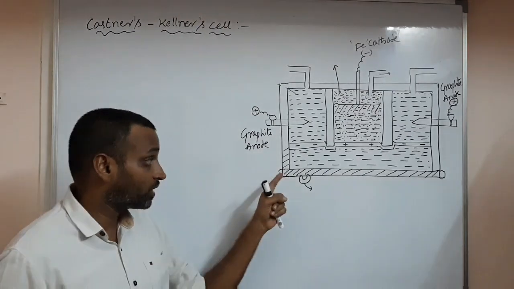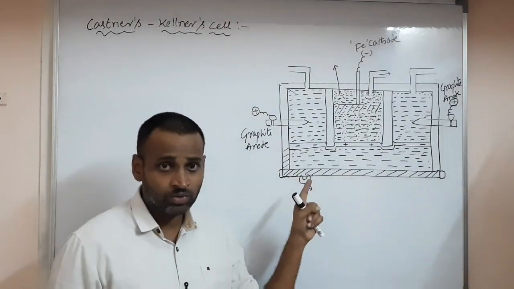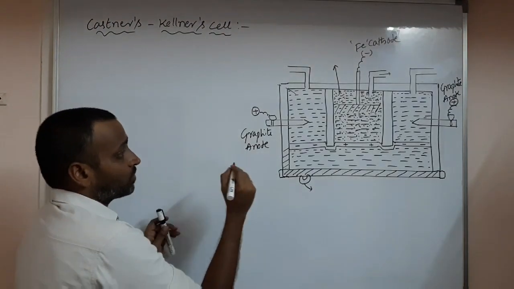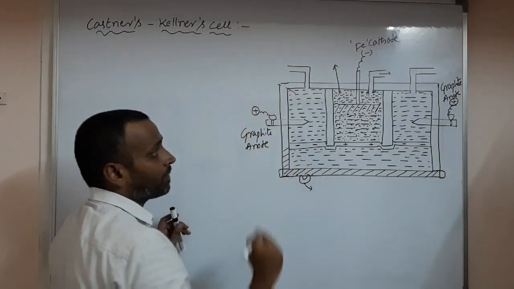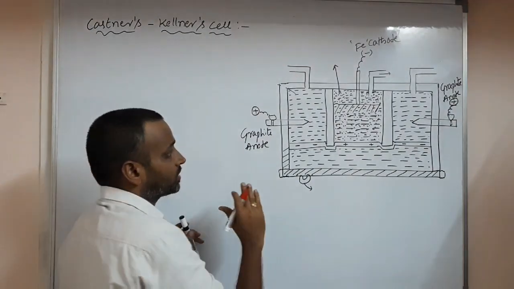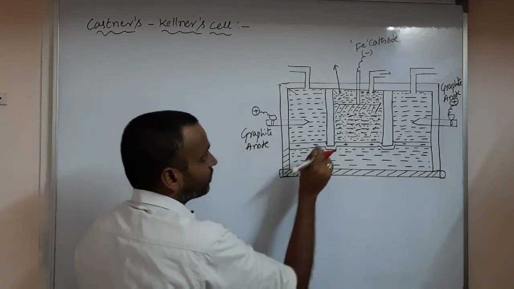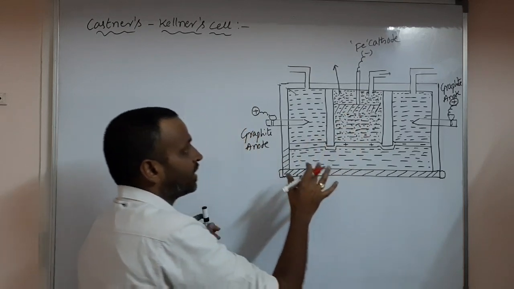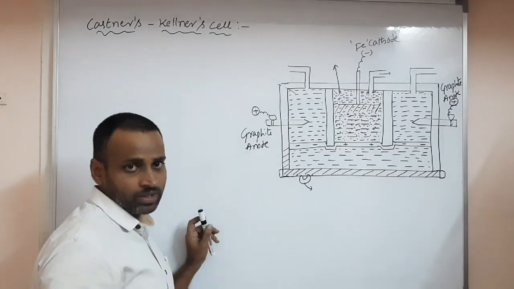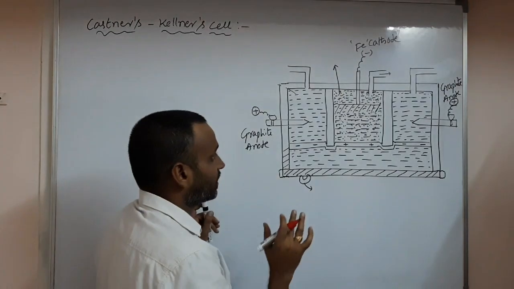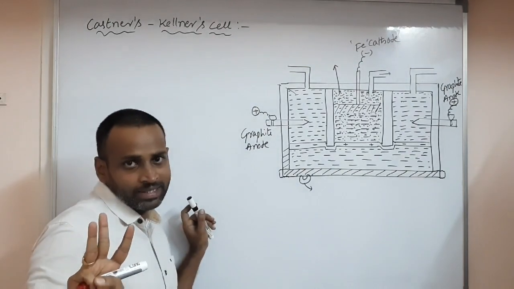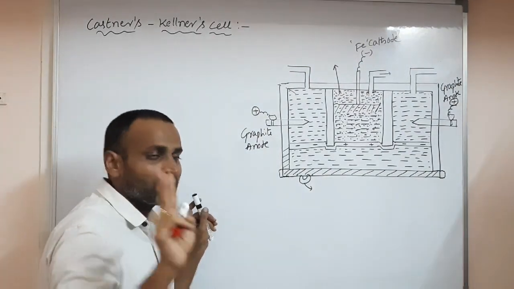But as I show in this diagram, you have to draw this diagram clearly and label every part. That is very important. Please go through this diagram clearly, what parts I am mentioning here and how many compartments we have in this diagram. Everything is important. Once we discuss this diagram, you have three compartments actually. How many compartments? Three compartments.